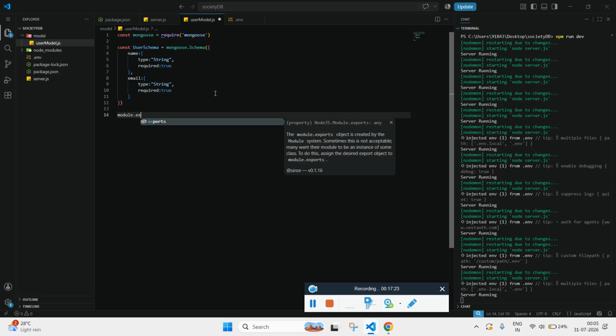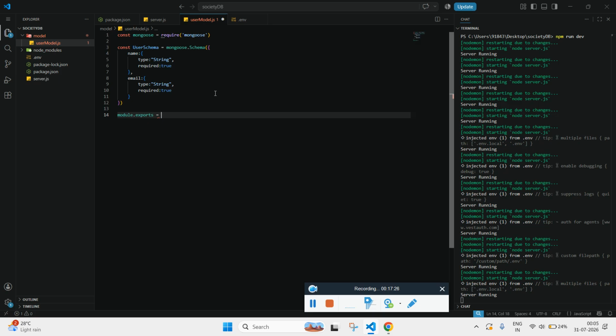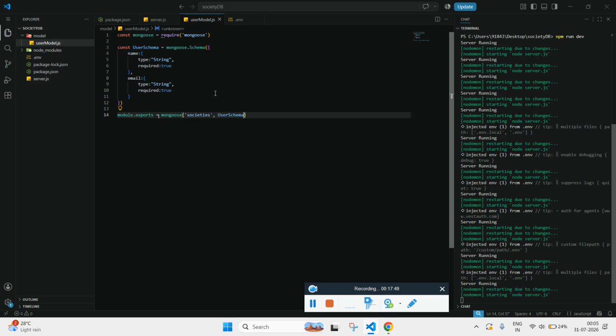and we need to export it with module.exports, and then we will be calling the Mongoose instance, and we need to pass the collection name, which we have named societies, SOCIETIES, and the schema that this particular collection should follow, which is userSchema. Now your schema is ready, but we haven't